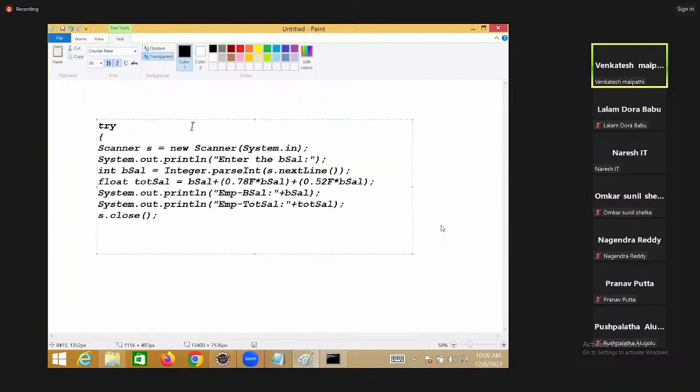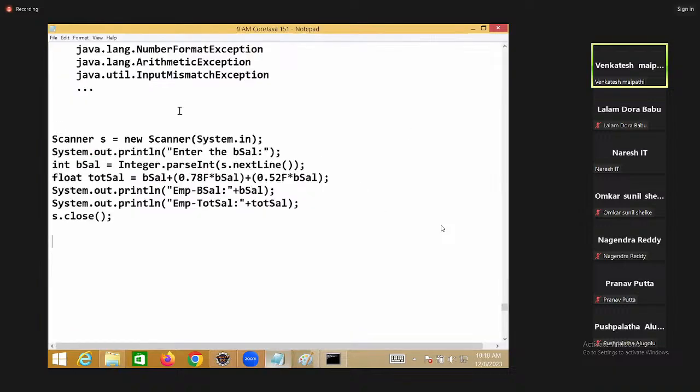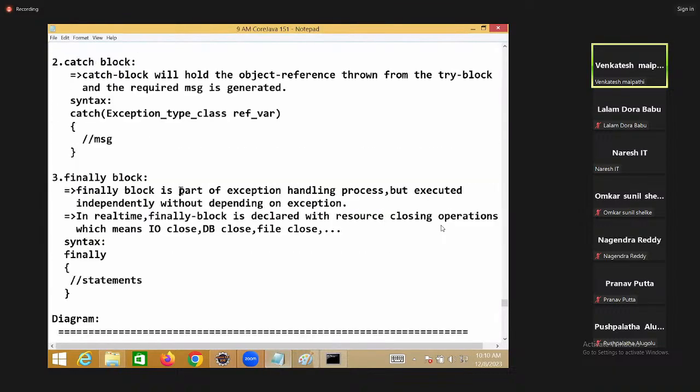Now, an exception is raised here for float input or non-integer input. The exception is raising there, no? Yes or no? Right. So that statement is, when an exception is raised